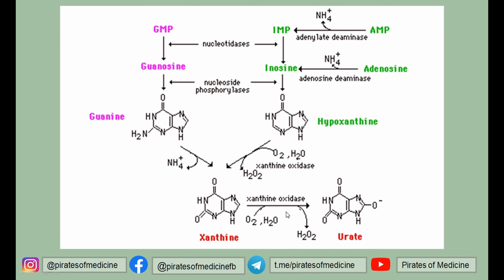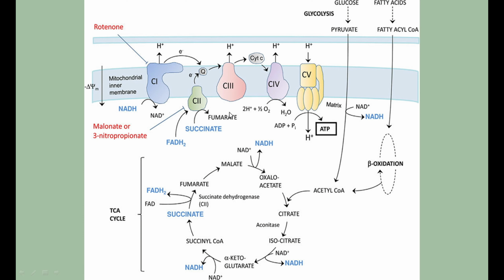Next, complex 2 takes FADH2 and passes the hydrogen into it. Then coenzyme Q takes the electron and passes it to the third complex. Then the third complex again passes hydrogen into the membrane. This way, when they are passing electrons, they are creating a gradient of protons or hydrogen ions in the space between the two membranes. Now what happens is that in the fifth complex, there occurs a process called oxidative phosphorylation.